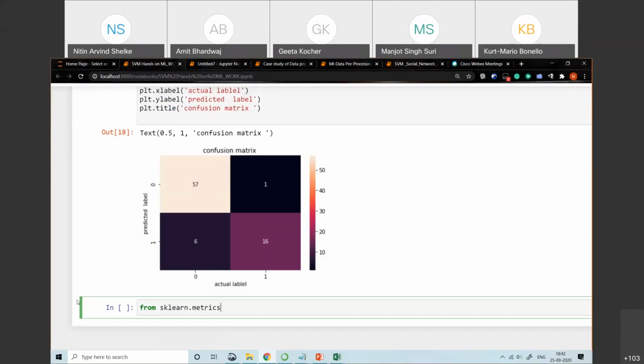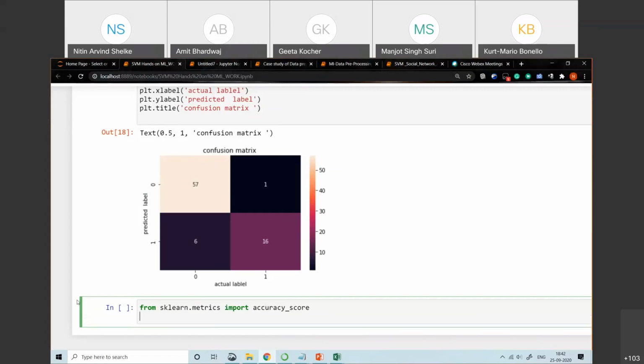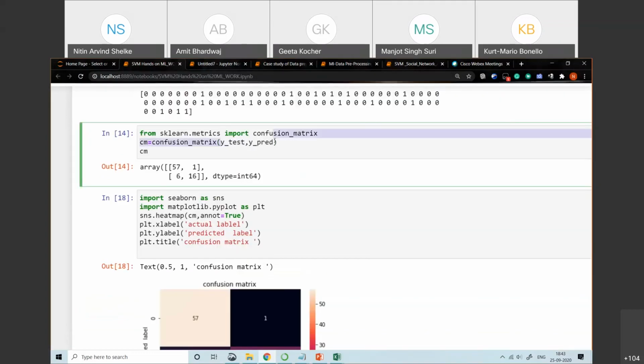Import accuracy underscore score, okay, which you can use. ACC is equal to accuracy underscore score, with your predicted value and test value.